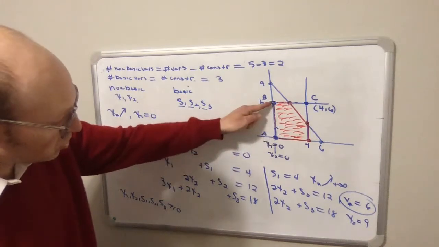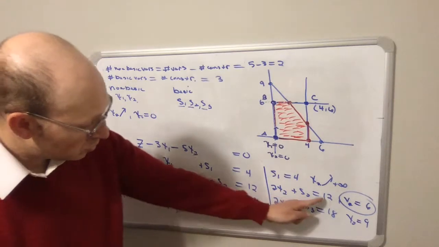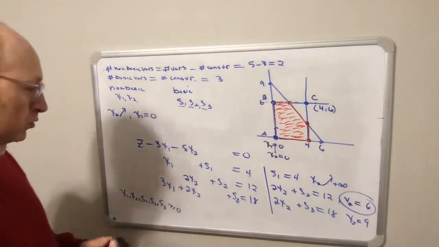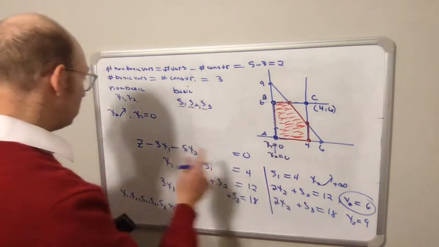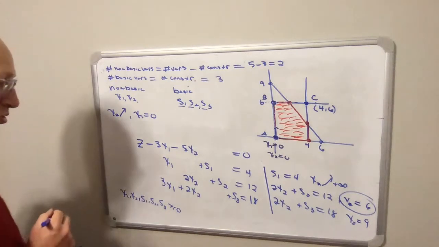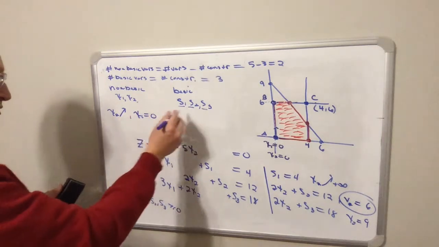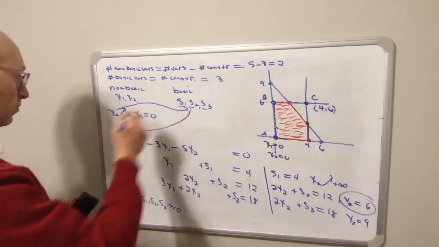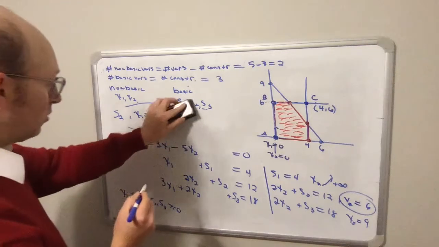So this is the relevant information. When x2 reaches 6, s2 must drop to 0, right? 2 times 6 is 12. There's no slack. As soon as you pass 6, s2 will become negative. So what that means is that s2 will become a non-basic variable, and x2 will leave the basis. So let's write that down. So we're going to interchange s2 and x2. So we'll put the s2 here, and put the x2 here,